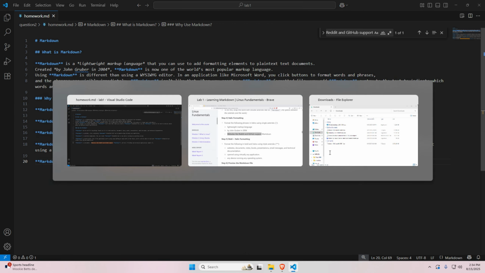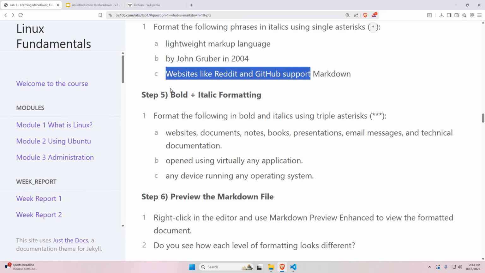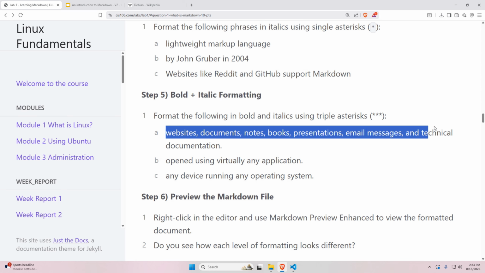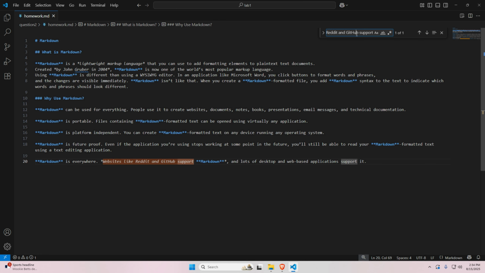When I close this, let's go back to our instructions. Let's do both bold and italic. And the ones that we want to do this to are websites, document notes, and so on. And we're going to do the same thing. Copy, find it, good. 1, 2, 3,